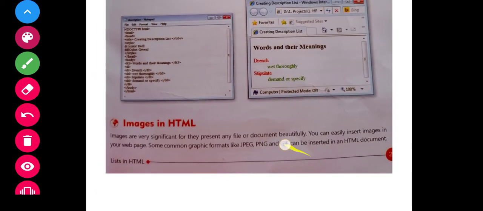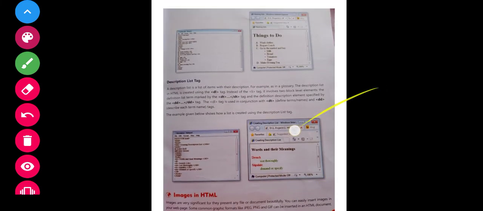Next topic is images in HTML. Images are very significant for presenting any file or document beautifully. You can easily insert images in your web pages. Some common graphic formats are JPEG, PNG and GIF. These JPEG, PNG and GIF are the extensions of images in which you can insert your images into an HTML document.